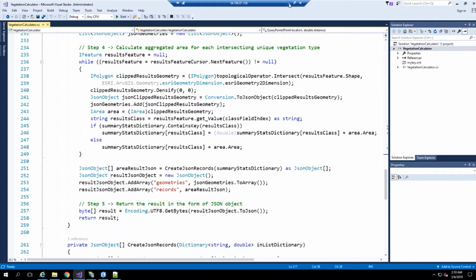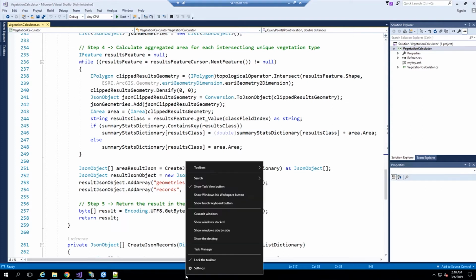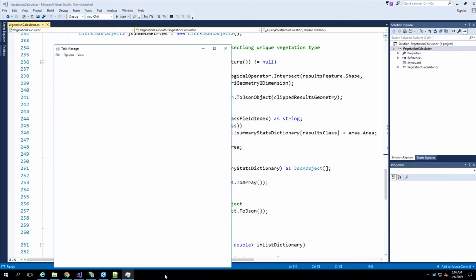Yes, sir. Any way to debug in Visual Studio, for instance? You read my script. Yes, actually debugging capabilities are available for both Visual Studio and Java, and I'll show you that in a little bit. So the first thing that I want to show you is how do you debug in, sorry, let me bring my,